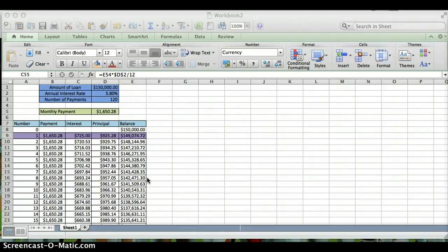Hey guys, so for this week's Excel assignment, we're doing a PMT file. For the screencast, I'm just going to show you how I did mine and the formulas that I entered and whatnot. So to start off,